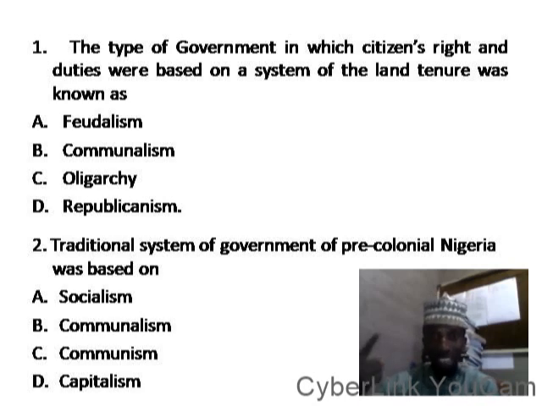Communalism is when the people come together and work for the development of the community. As an individual, you don't see yourself. No liberalism. Liberalism means individualism. We are living a collective life. The individualism in everything we are doing is the influence of westernization. So the life of the pre-colonial Nigerian system was communalism, the collective spirit.